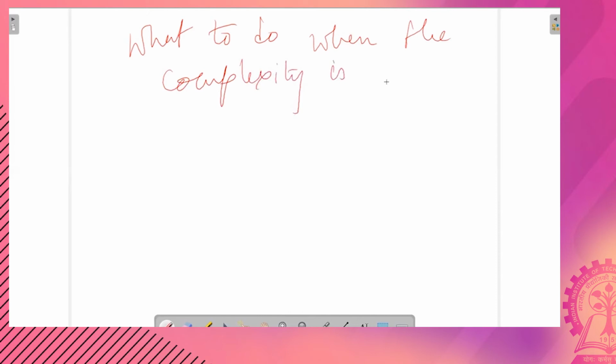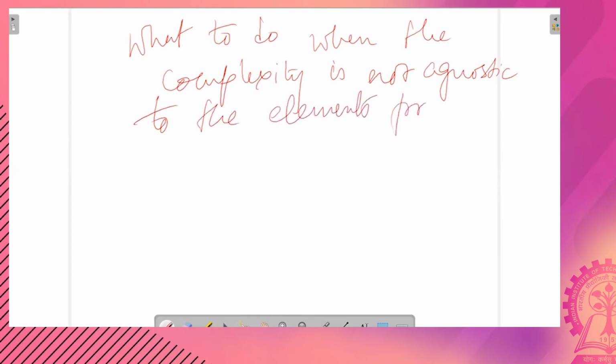So what to do when the complexity is not agnostic to the elements present in the array? What do we do then? Okay, so do we not compute complexity?